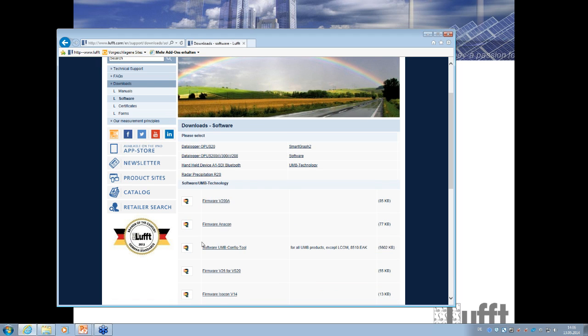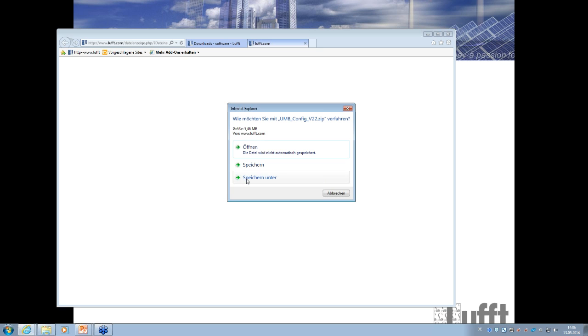open that. You will find on the third place the software UMB config tool as a download. If you click on that, you will be able to download it or open it. So you see, it's the version 2.2 which you can download, which is the actual version of the UMB config